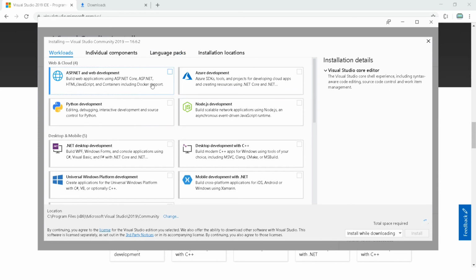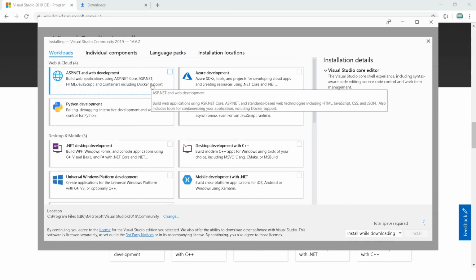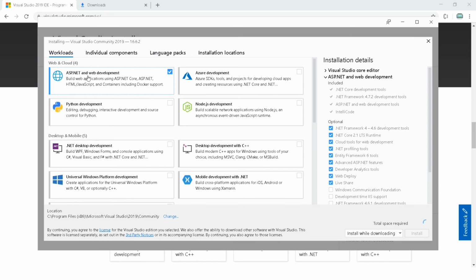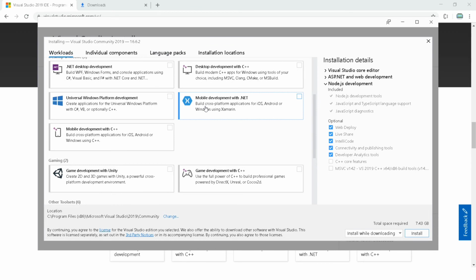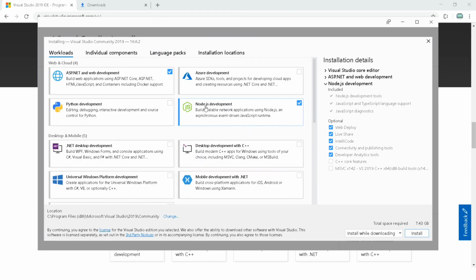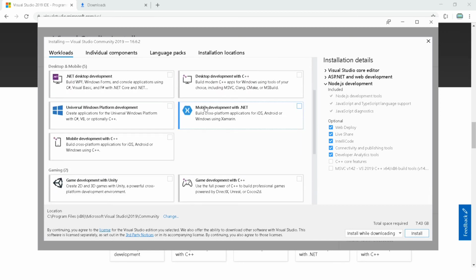So these are the things you need to select. First is ASP.NET web development. This is the one which we are using for the entire playlist, and Node.js you select for future use. The JavaScript development we are not going to cover in this tutorial.